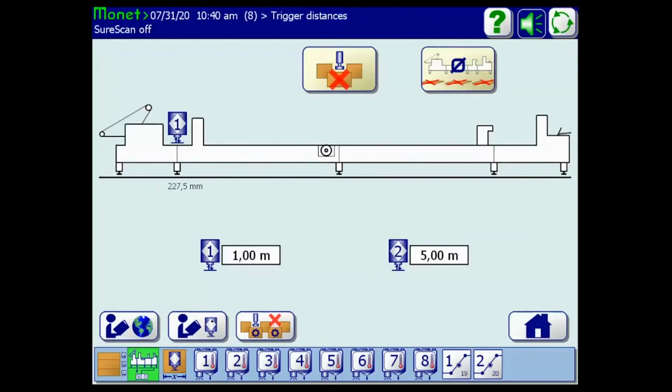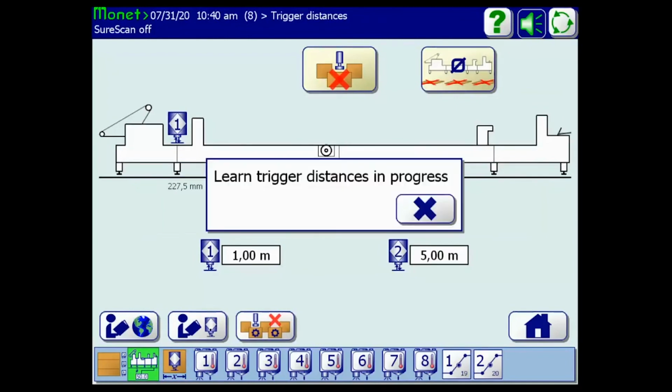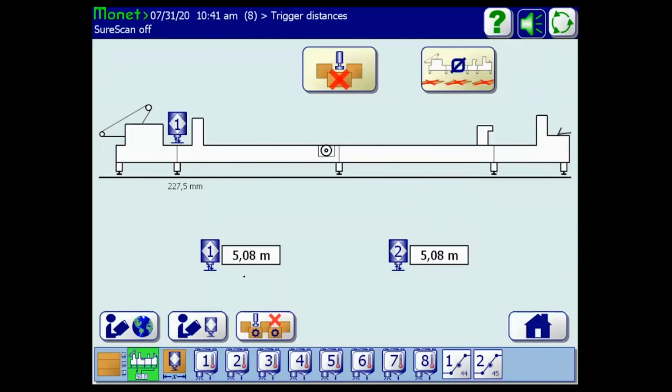Quick test for you, Alicia. I didn't hear you. I'm going to do a quick test on that. So I'm going to do a distance learn. I do not believe it rejects. I think it's only global learn. I think it's only master learn. You notice that when I did the global learn, we got a little bit of a different message. Okay, so I've got my learn trigger distances as complete. So when I do a global learn,